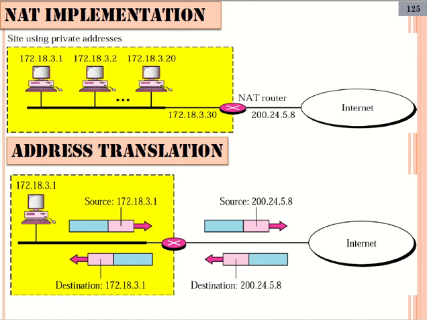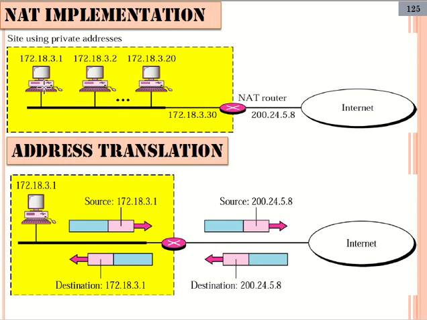The site might have only one connection to the global internet. As you can see here, only one address globally through the NAT router. So through the NAT router, we'll have only one address that has been connected to the internet, and within the organization there are multiple addresses. You can see